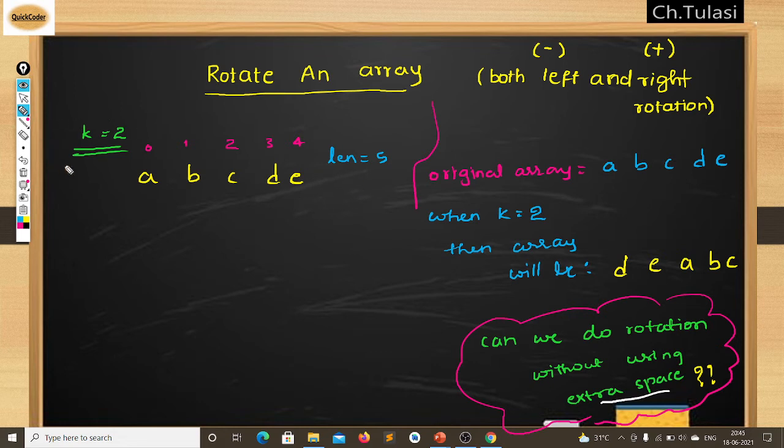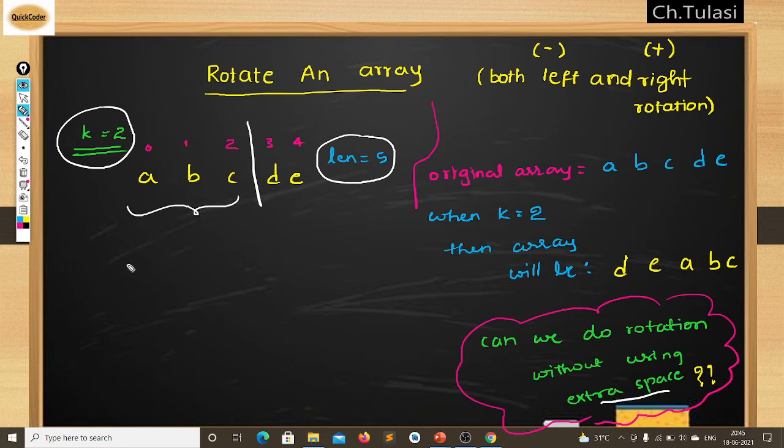Let's say my k is 2 here and my length is 5. So what we have to do is, let's divide this array. So how can we divide this array, means this part will contain up to length minus k minus 1. So what is my length? 5 minus 2 minus 1 means 5 minus 3, 2. Up to 0 to 2 elements it contains. And this part contains from what is my length? 5, 5 minus 2, 3 to end.